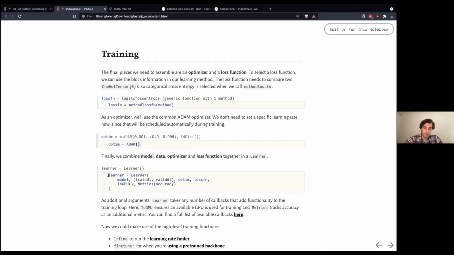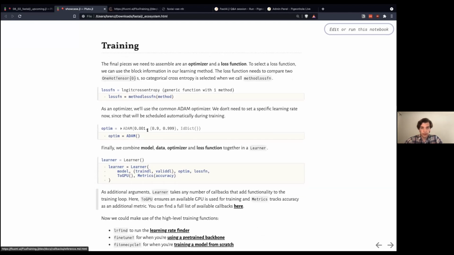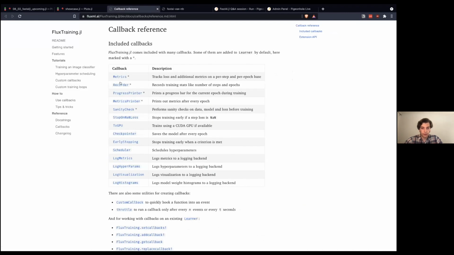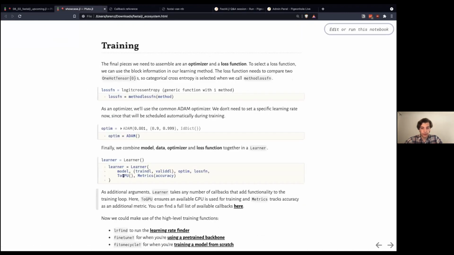And then we put these together in a learner, similar to FastAI's learner, and add any callbacks that we want to add. I think there's quite a few callbacks that you can use, various things. Here we just used ToGPU, so that everything happens on the GPU, and track some additional tricks.